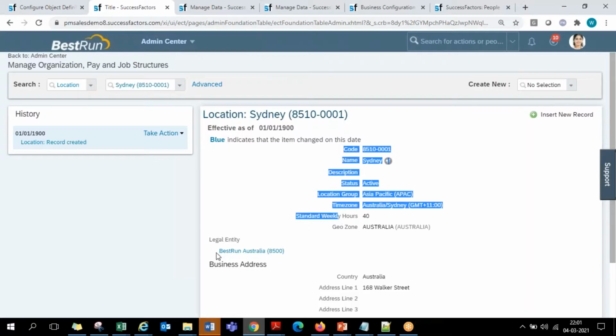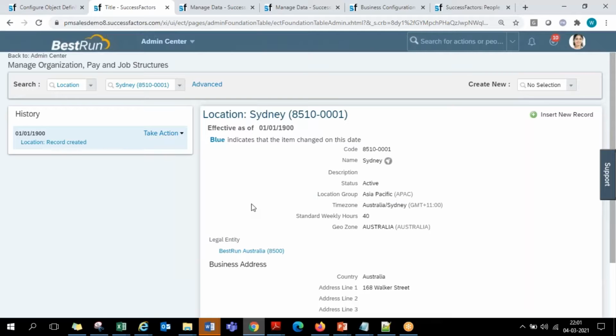So tomorrow when I'm hiring against Australia, the locations are whichever locations are connected with Australia business. Melbourne can be connected with Australia business. Sydney is connected with Australia business. Like that, some other cities of Australia will be connected with the legal entity of Australia. Okay. So now how is the association defined? Location and legal entity, how is this defined is, again, the same principle.